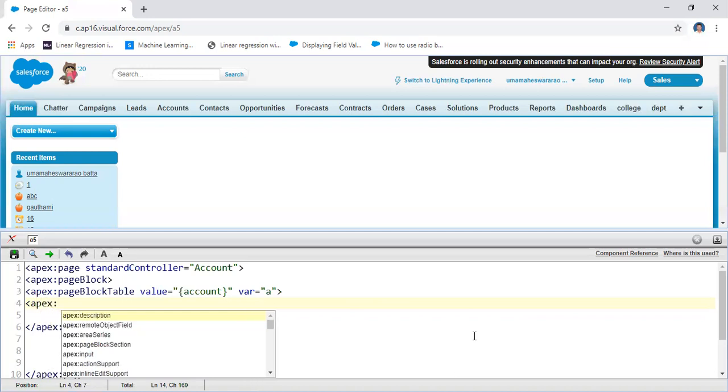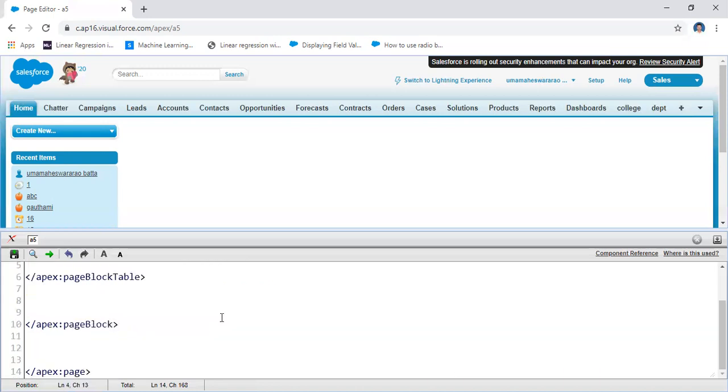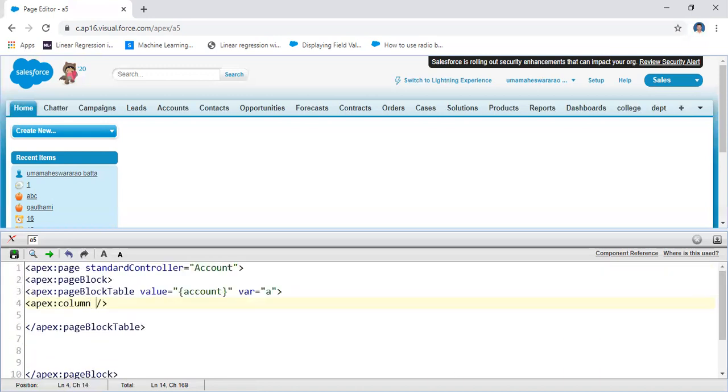For example, apex:column. Here the column field is there. Under the column field you may define different values. What is the value attribute here?